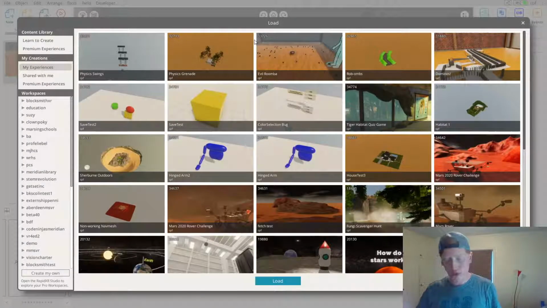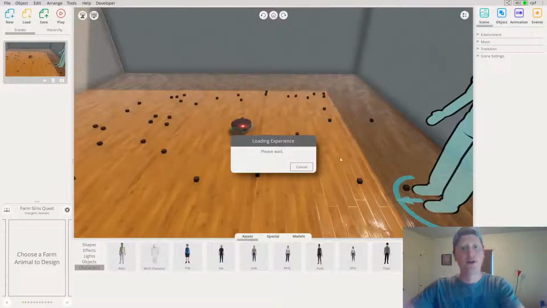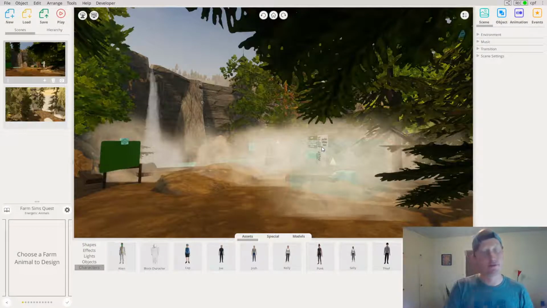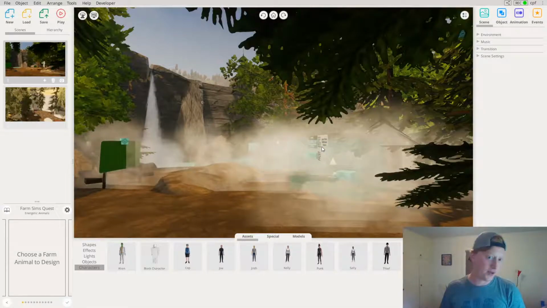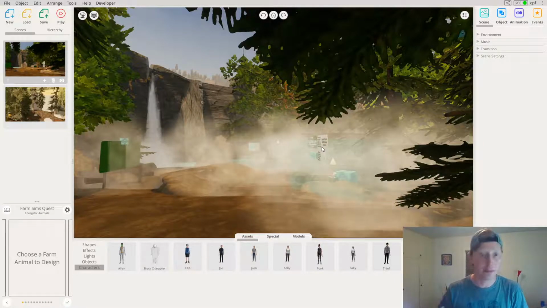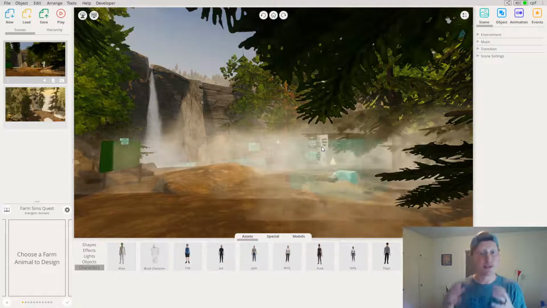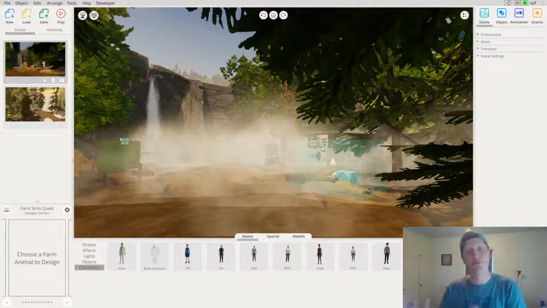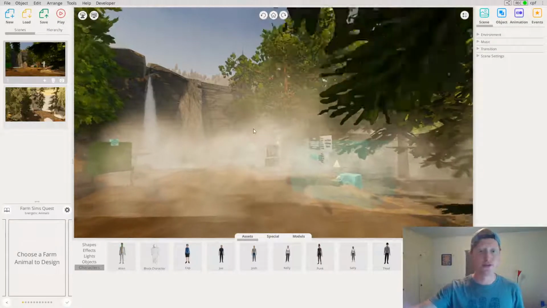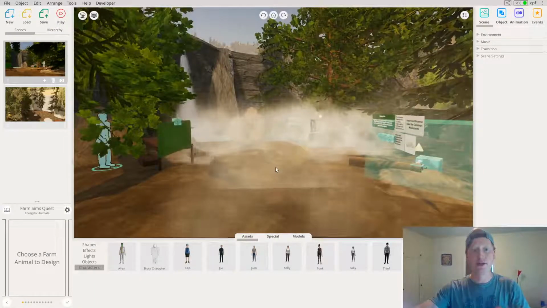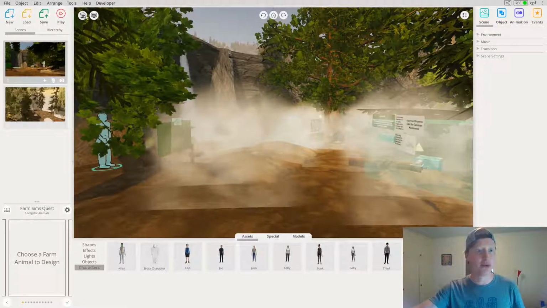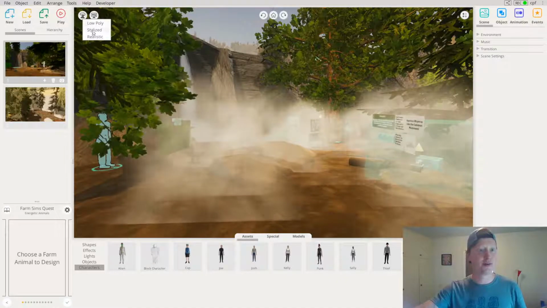Let's see. So I also wanted to show you one of the really cool things about the builder is that you can design for different devices using it. So if you know that you want to have a mobile app that you've built using the builder, you can design your scene for mobile. But trying to get those styles has always been a little tricky, which is why we've added this new art style button in the top left corner, where you see the little tree there,